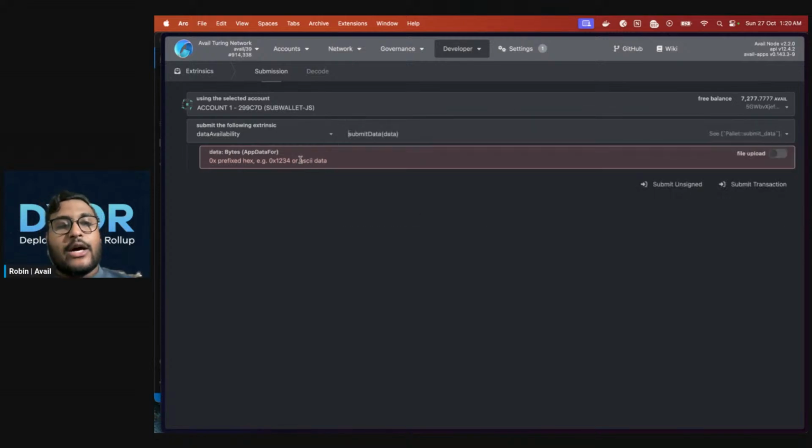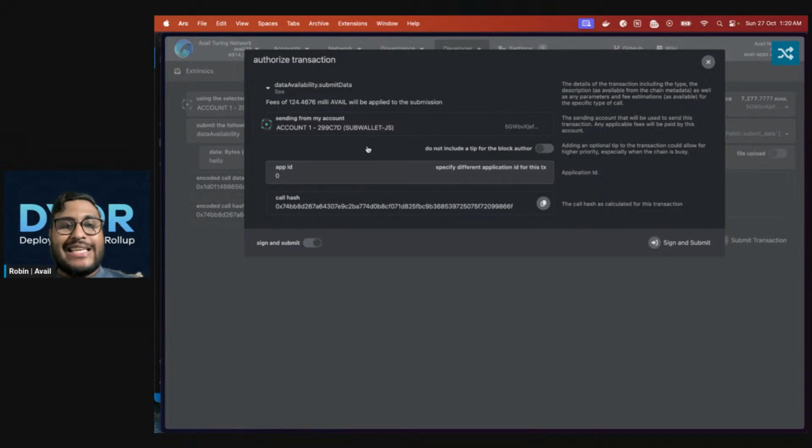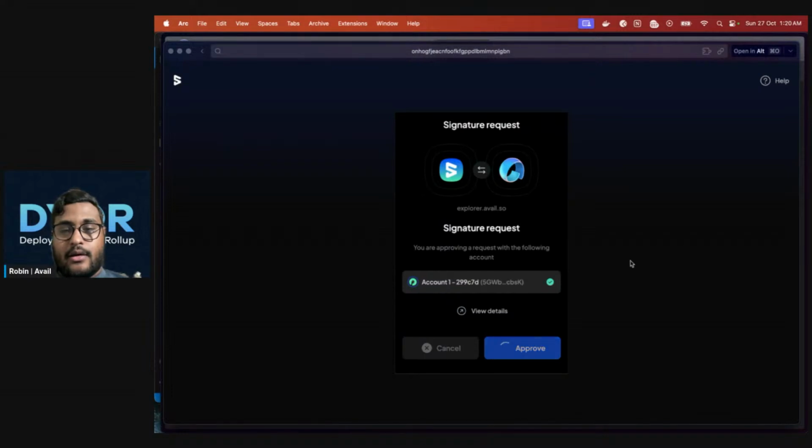We call create application key, and we can submit the data from here also, the transaction from here also. How you actually submit data is, you call data availability submit data, and you put in the data of hello, and I hit submit transaction. Now you'll see in this dialog that you can mention what app ID you want to send this data from. So I believe my app ID was 174. It defaults to 0. You can submit data from app ID 0. That is completely fine. It is the reserved and the main app ID for any general purpose extrinsic. Anything above 1 means you can only do data submissions. You can't do anything else. So suppose I want to just submit data on app ID 174. I can do that. I approve the transaction,